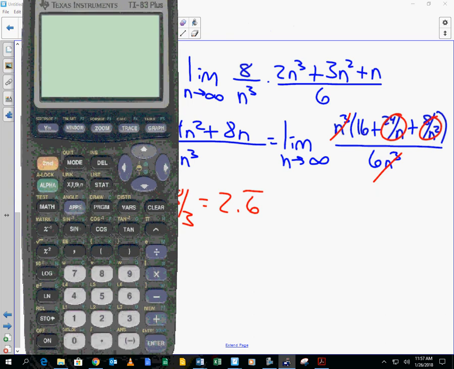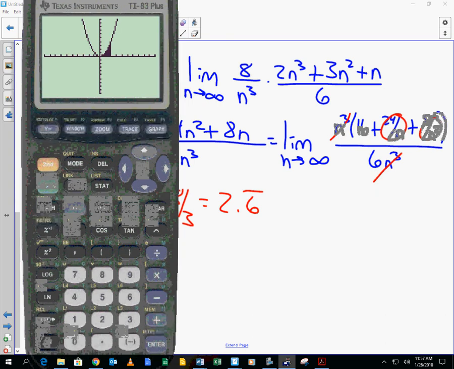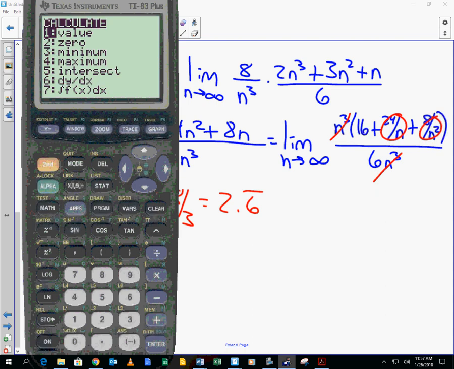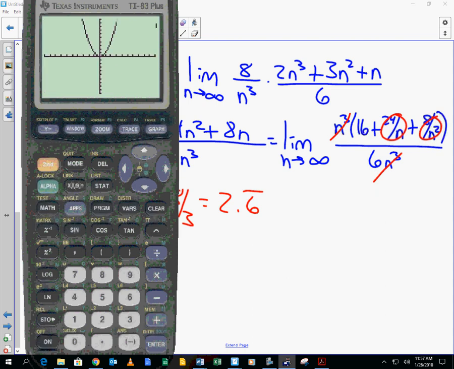Not only is it the area, it is the exact area, okay? I go here and I type in x squared and I go second calculate number 7 and I get that curve and I have a lower limit of 0 and I have an upper limit of 2 and I get